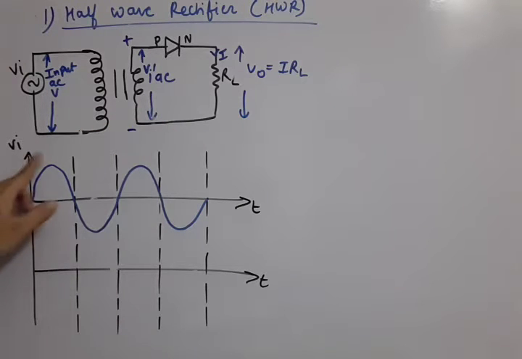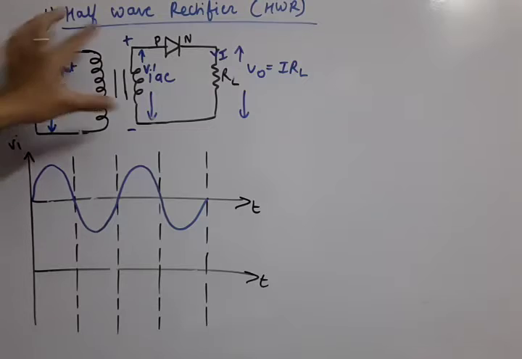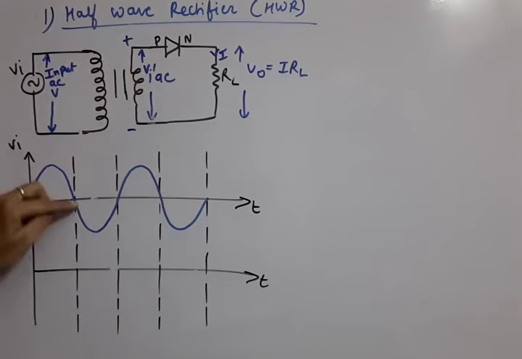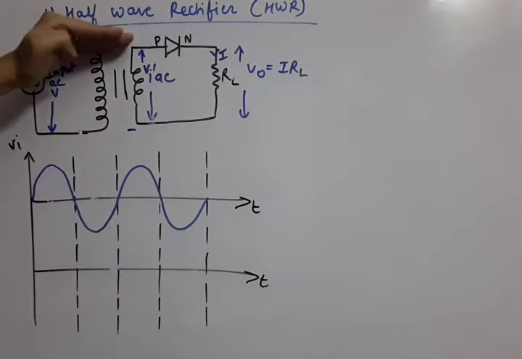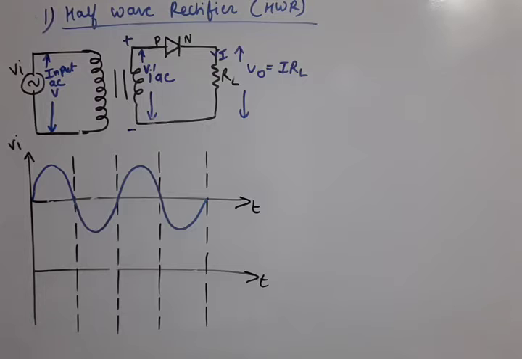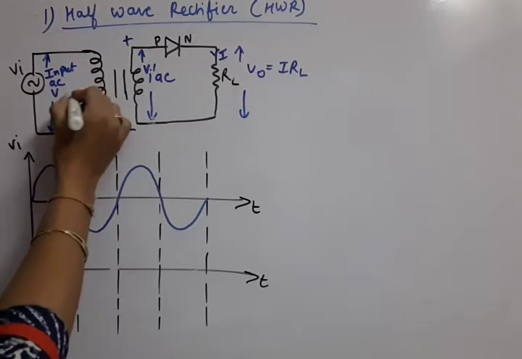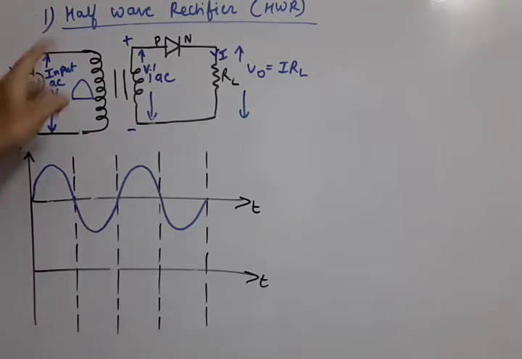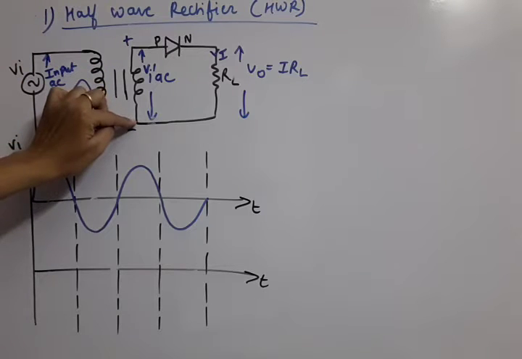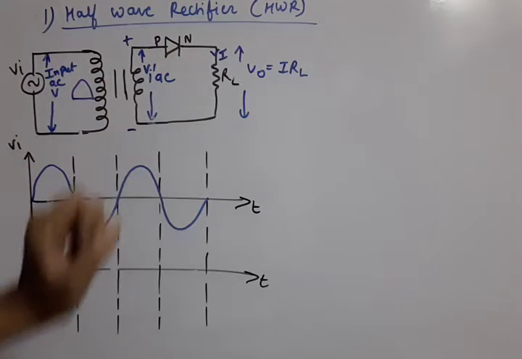Okay, so when we are applying the positive half cycle to the diode, so high voltage plus and low voltage minus, this we have applied to the diode circuit. Okay, so you can see that this we have applied. Its meaning is this is high, this is low voltage. Now let us check the biasing of the diode.